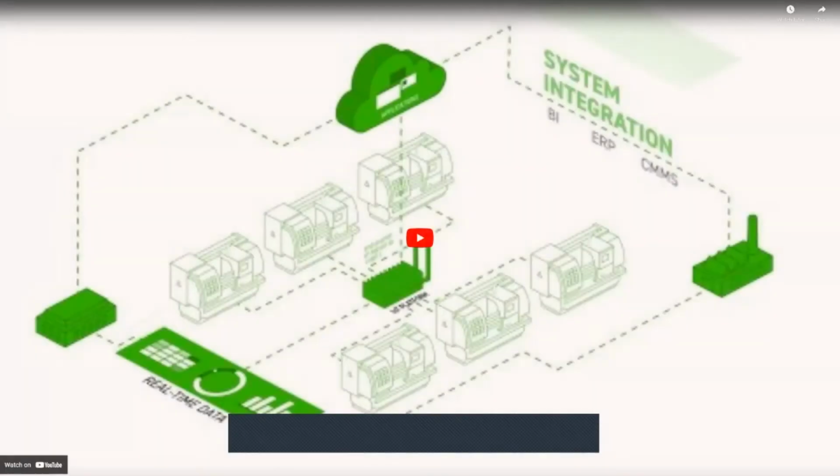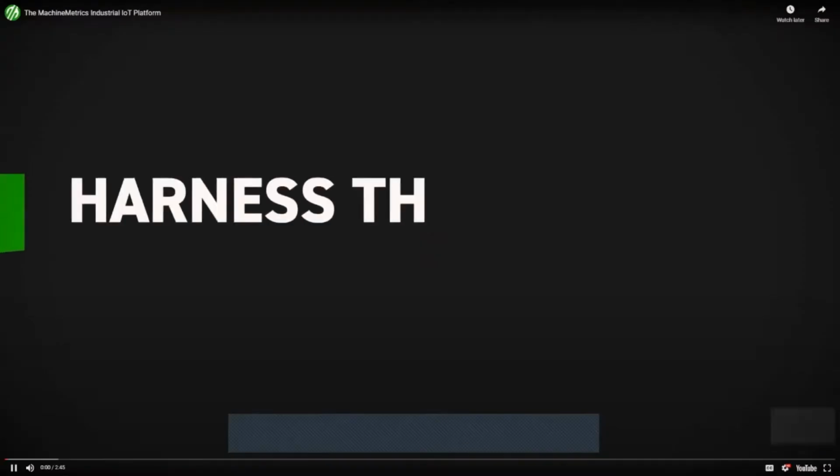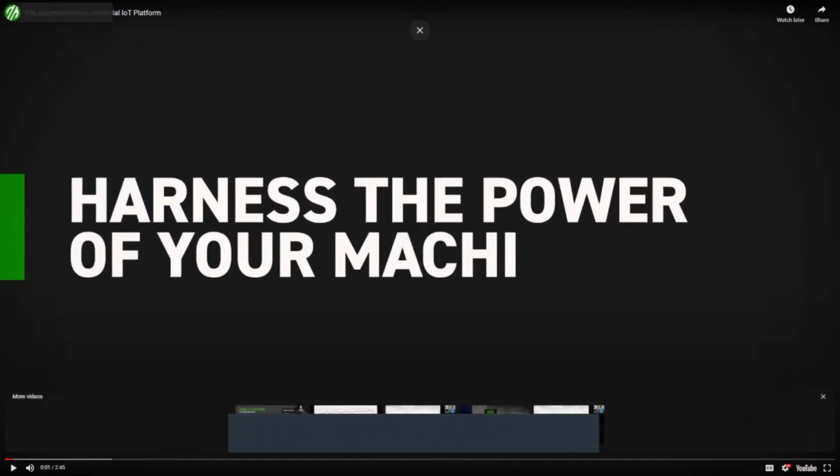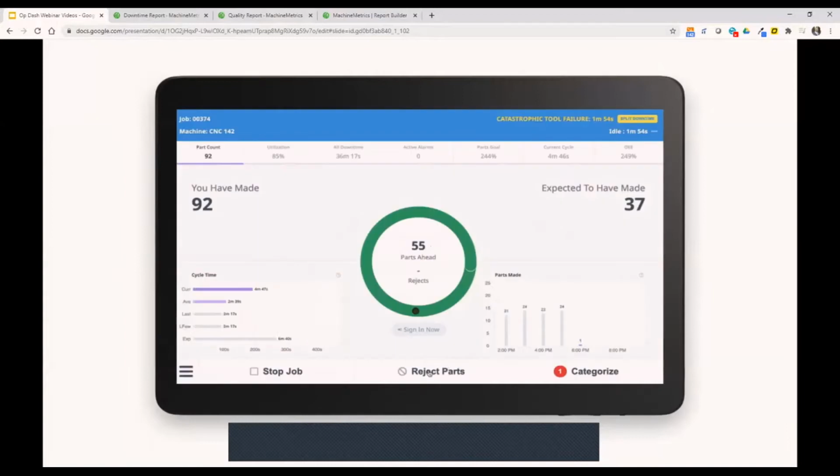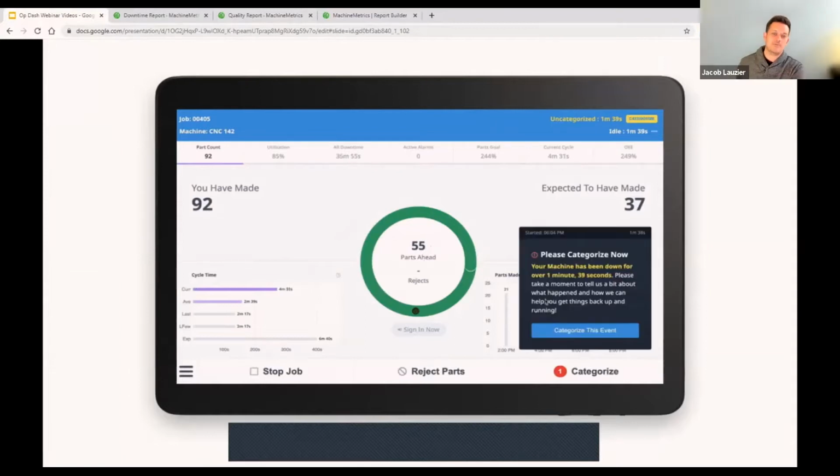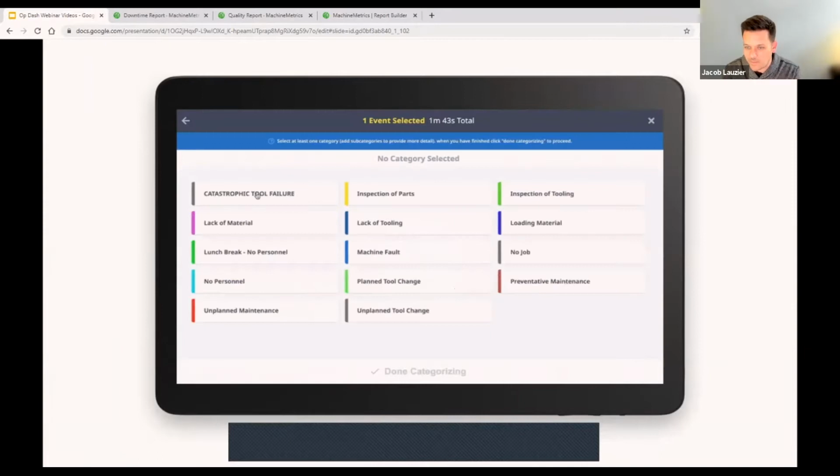All right, so now we'll have Jacob Lozier, our co-founder and CTO, go ahead and give an overview of our operator dashboard and some of the methodology we used for the redesign and the feedback that we got from our customer base. Thanks, Justin. I really just want to focus on why the OpDash, why the operator,